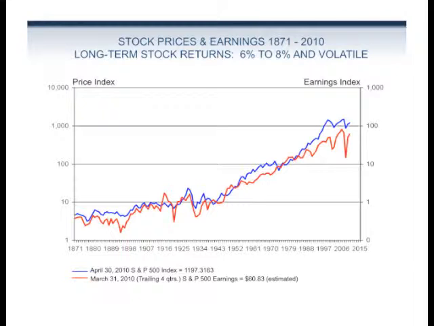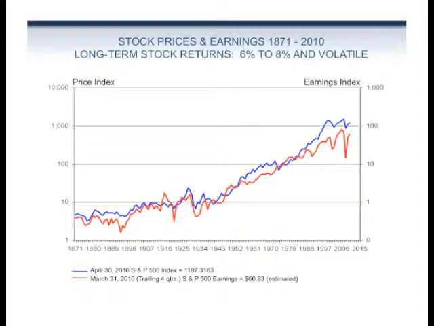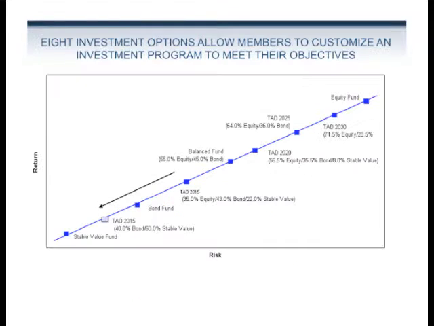It was an average of 9.8. We think going forward over the next 10 years that stock returns will fall somewhere around 6 to 8% on average. Now this is just the average return. As you saw in that first chart, stock prices can be very, very volatile. So they can be down 40%, they can be up 50%. So within that range, but over the long term, we think that stock returns will fall in the 6 to 8% range.